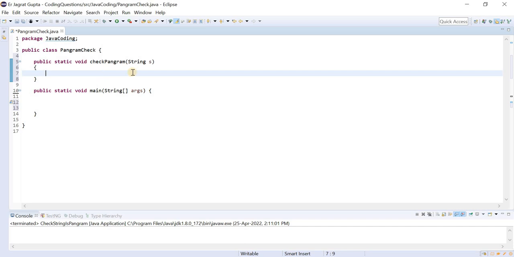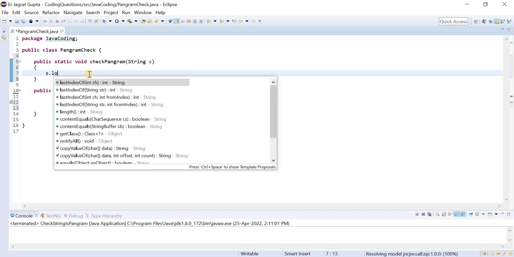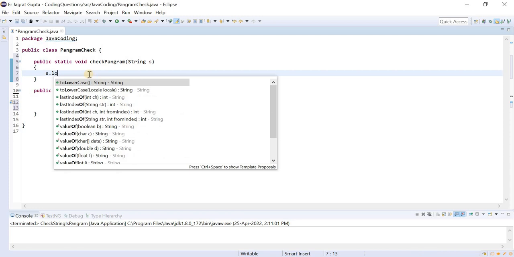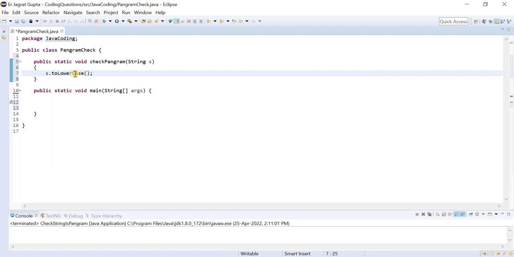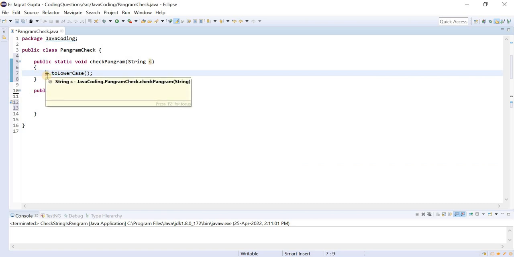Okay, so we created a method that is checkPangram. Of course we need one parameter, that is string s, which would be our original string. Now, from the safer side, we need to convert that particular string to lowercase, because in the input we can have both uppercase letters as well as lowercase letters.